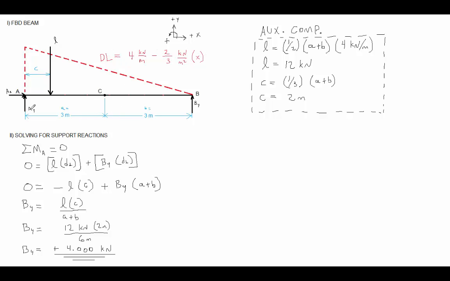We get a positive 4. That does indeed correspond with the line. There's a positive 4 right there. If we plug in 6 for this equation, so that would be at point B, what do we get? Well, 2/3 of 6 is 4, 4 minus 4 is 0, so that does indeed correlate with what we have in the diagram. You're required to write this down, the equation for this line, and I strongly encourage you to